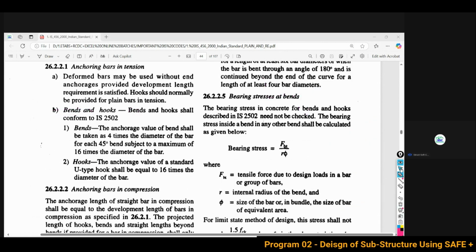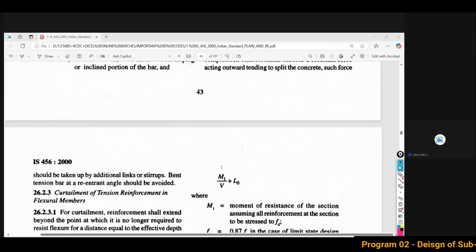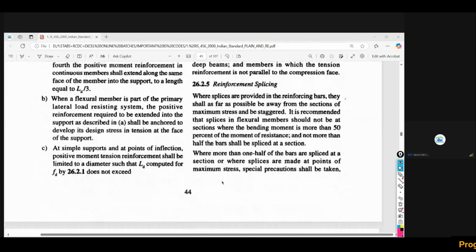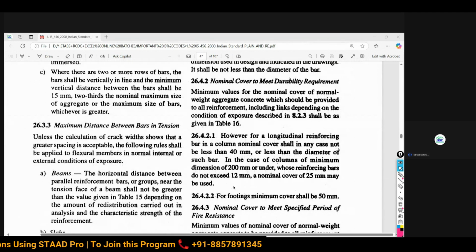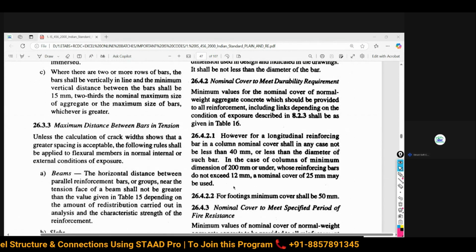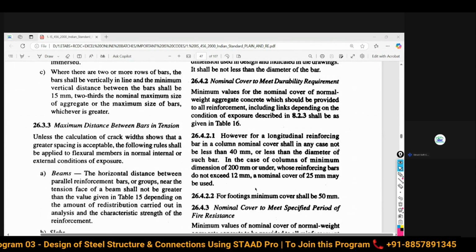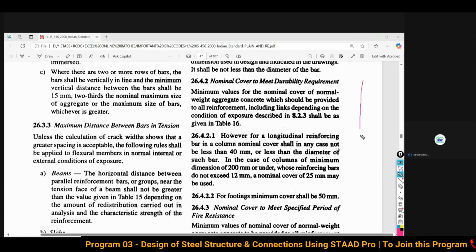And when the column is long or slender, there may be a chance of further flexural response. What will happen there? There will be further flexural response. In simple language, for those who do not understand flexural response, because the column is long, it will not maintain as much stability.